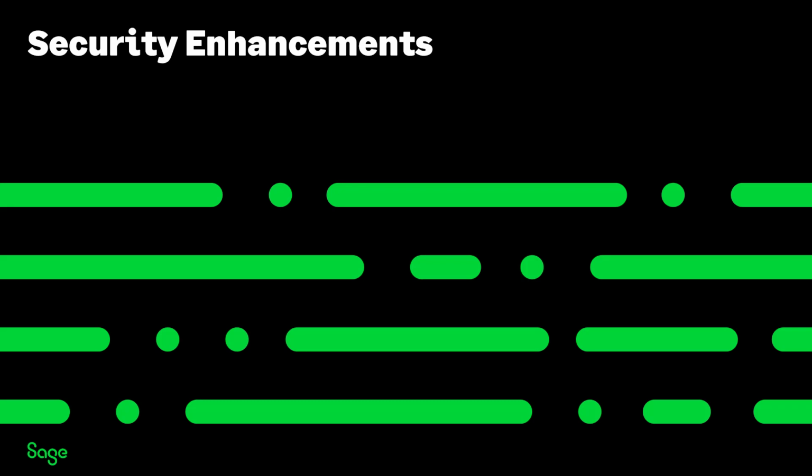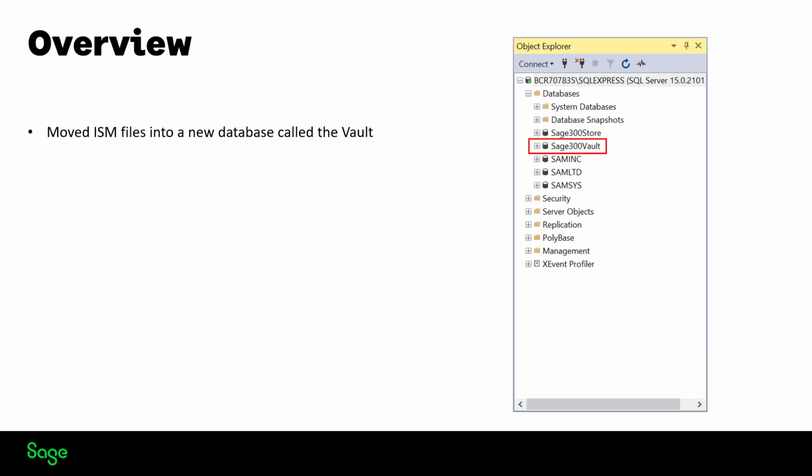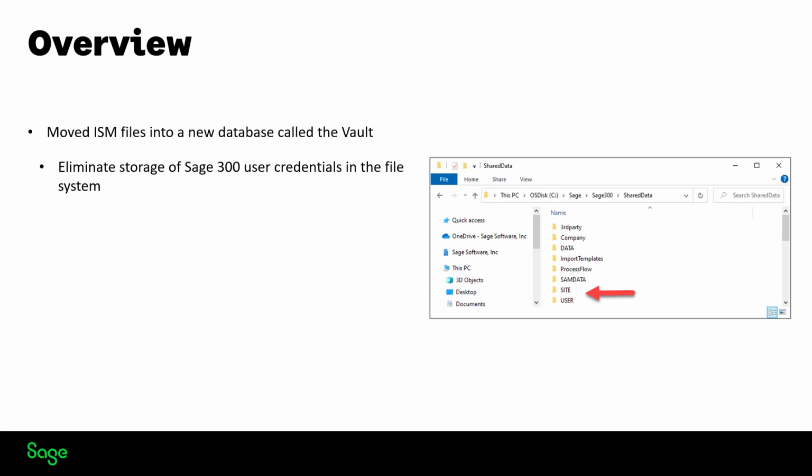Let's start by looking at the security enhancements available in Sage 300 Cloud web screens and in the Sage 300 Classic screens. Sage 300, both the desktop and the web screens, now contain a vault database which eliminates certain ISM files in our shared data location that contains sensitive Sage 300 user credentials. Moving this content into the vault allows us to eliminate the storage of Sage 300 user credentials on the file system,